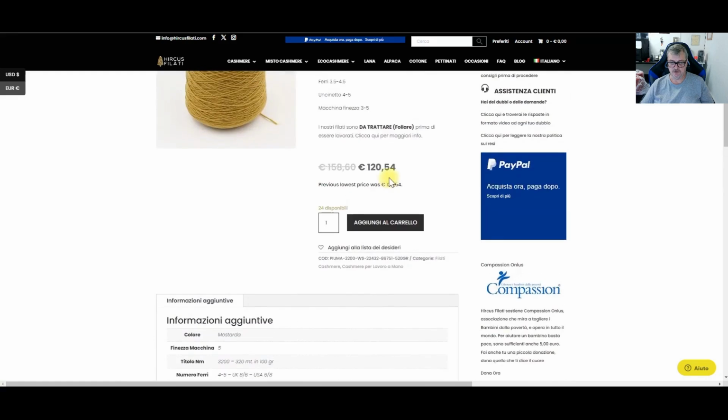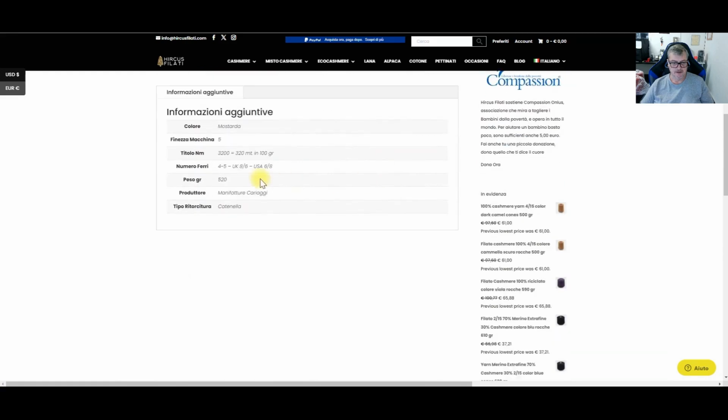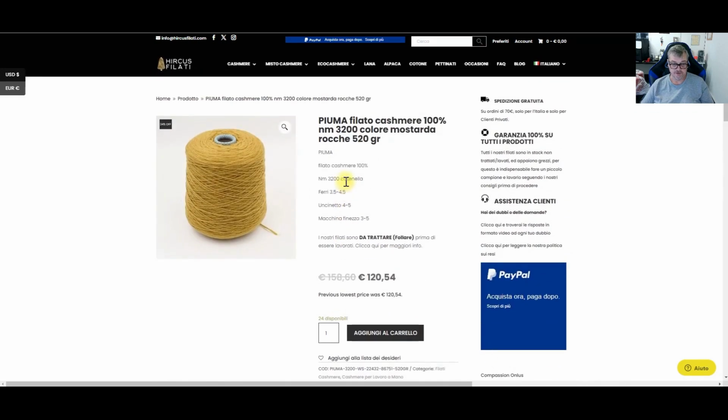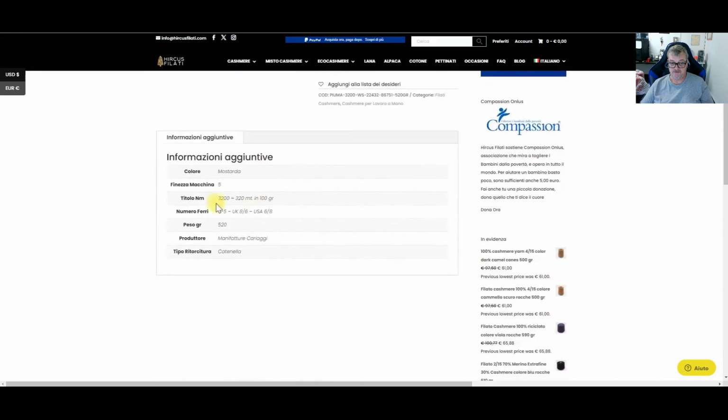The producer and I have recently added, at the request of a customer, the type of twisting that you will now find on all the new yarns we will introduce. So, this information is already available. As you can see, there is also the composition here, and it states 3200 chain, because the yarns are